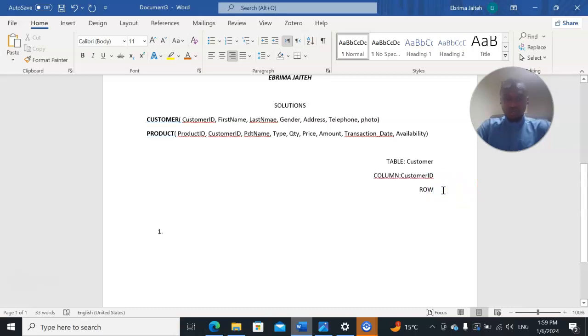When you talk about row, it's talking about information. Is there any information given on this customer ID? Because a row always goes with your column. They must match; they must be in the same domain. When we talk about row here, we are simply talking about this customer ID. We know that